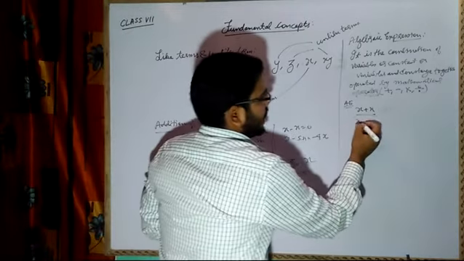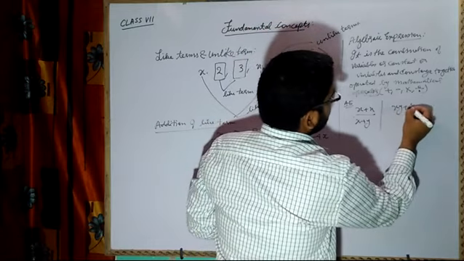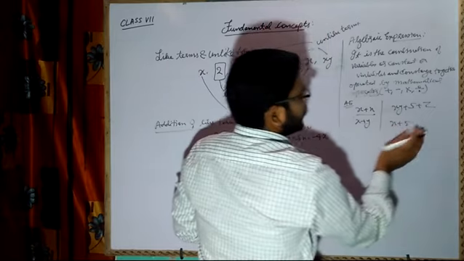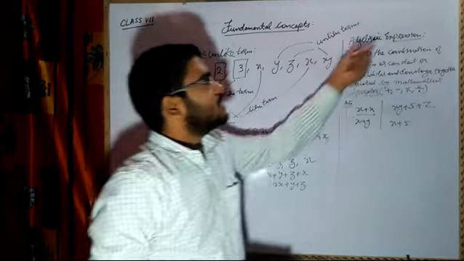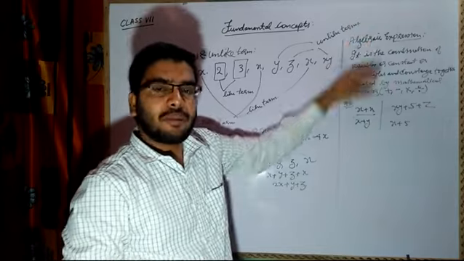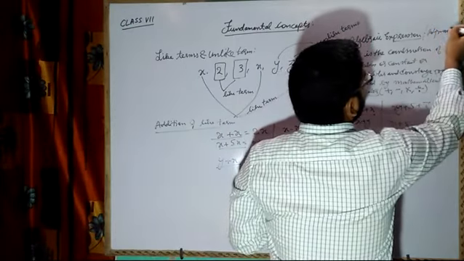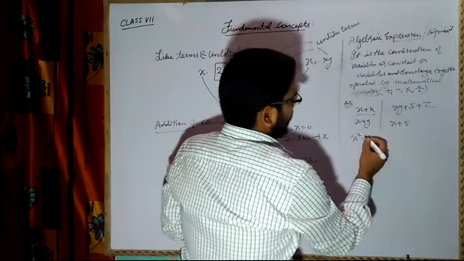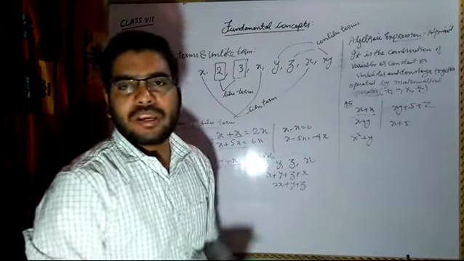If they say x plus y, then this is an algebraic expression. If they say xy plus 5 plus z, this is an algebraic expression. If they write x plus 5, this is an algebraic expression, or it is also called a polynomial expression. Algebraic expression and polynomial expression are the same thing. Now if I have x square plus y, this is also a polynomial as well as an algebraic expression.